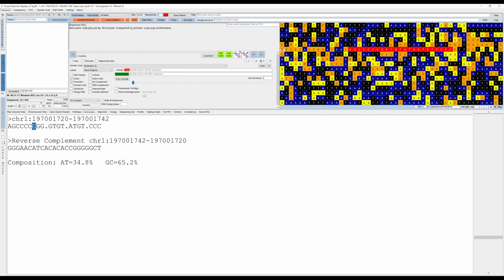Another way of doing it would be, for example, to use brackets. So you could use a bracket to say that a C or a T is allowed in that position. You can use it in the same way, then it will still match. If the C is removed, then it's not going to match, as you can see.